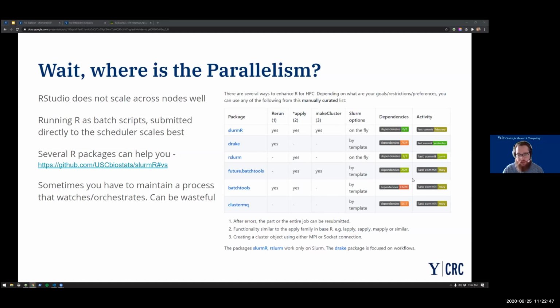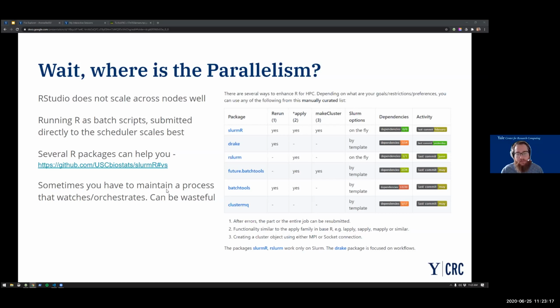Again, we have a workshop on this, and we could also probably do a workshop on one or more of these packages. I think that the biggest downside to using the native R ways of doing this kind of parallelism is oftentimes you're left with an R process that has to be alive for the lifetime of the computation that you want to have happen.